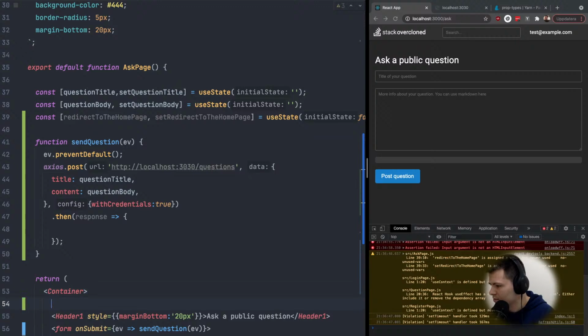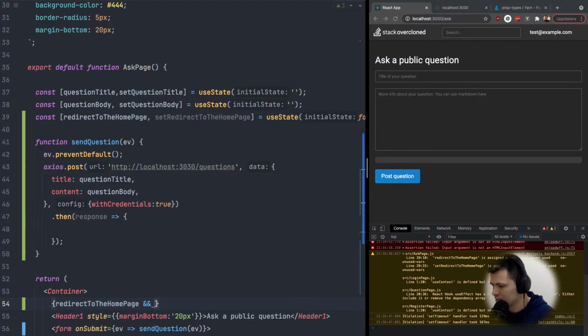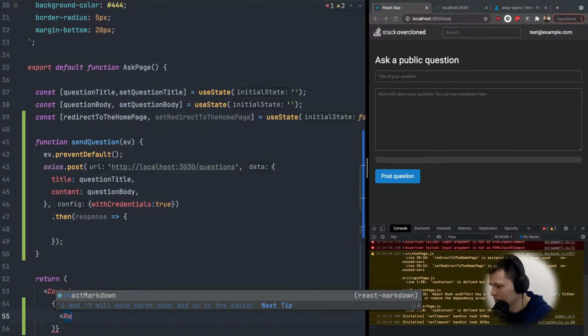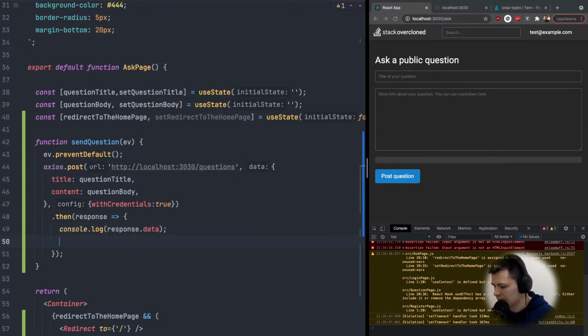And if we have this redirect to the home page is not false but it's true, then we want to redirect to the home page. So it's just slash. We have the response, and inside response data we have the ID. So let's do console log response data just in case, and then